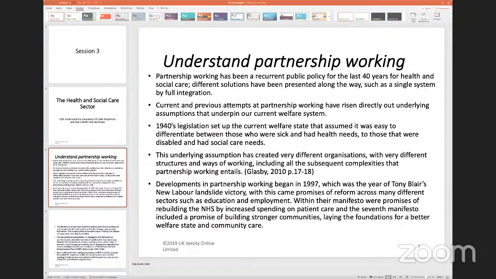So partnership working within the health and social care sector actually started way back in the early 60s. This was a way which was proposed that when providing services within the health and social care sector, people would need to work in partnerships, that means private-public partnerships. When we talk about partnership working within healthcare, we mean that people will need to come from separate organizations, and these separate organizations will need to sometimes pool their expertise and resources,